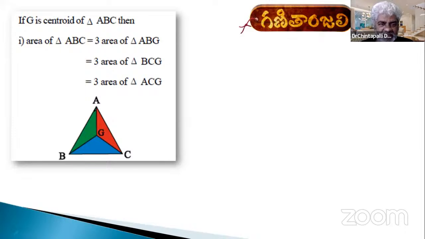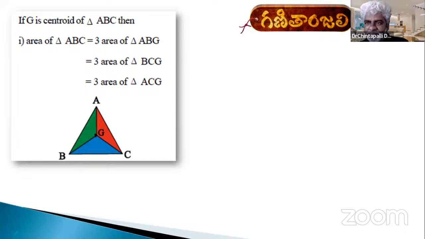Here, triangle ABC is a triangle. It need not be equilateral nor isosceles or right angle, whatever triangle it may be, every triangle has a centroid. Here it is triangle ABC and G is its centroid. By joining that centroid to the three vertices, we can see three inner triangles. Can you name them? One triangle is triangle ABG, AGC,